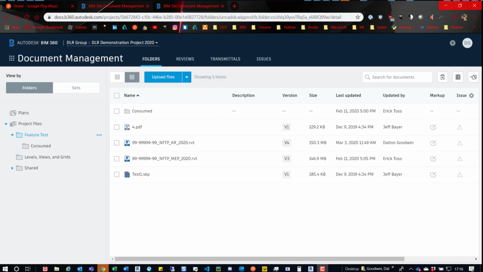Hey everybody, so this is going to be a real quick BIM 360 tip. Right now I'm in my company's hub, and we have a demonstration project set up for 2020 models, and we have a few different folders in here. These folders and the way they're structured is all dependent on your standards and whatnot, so don't worry about these too much. What I want to show you is how to get notified when somebody uploads a file to